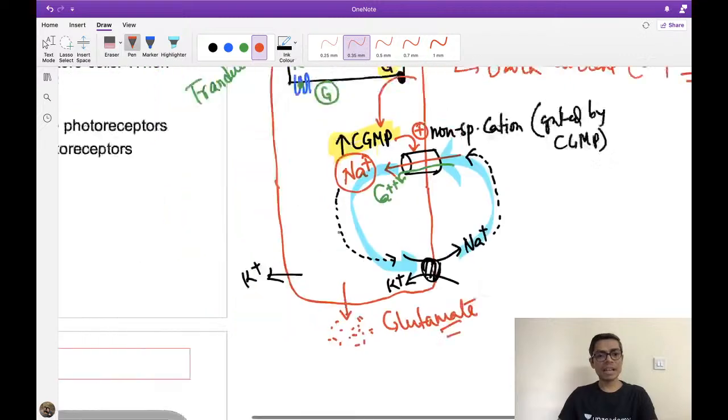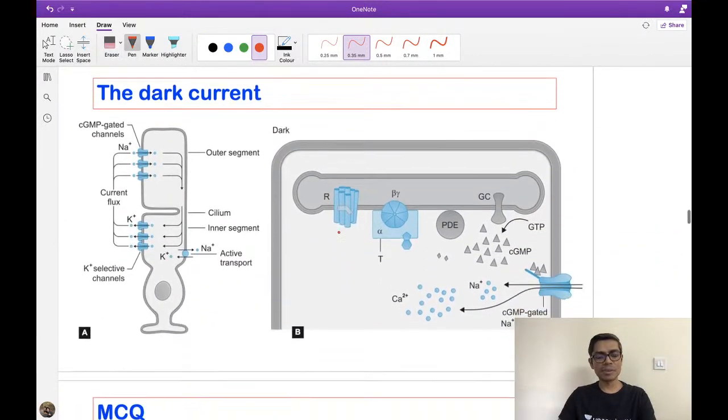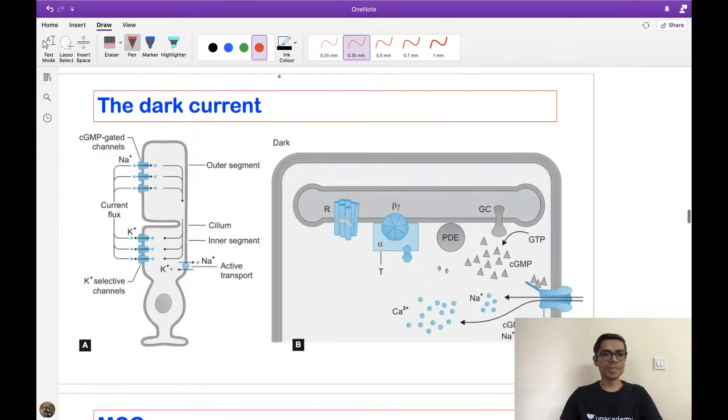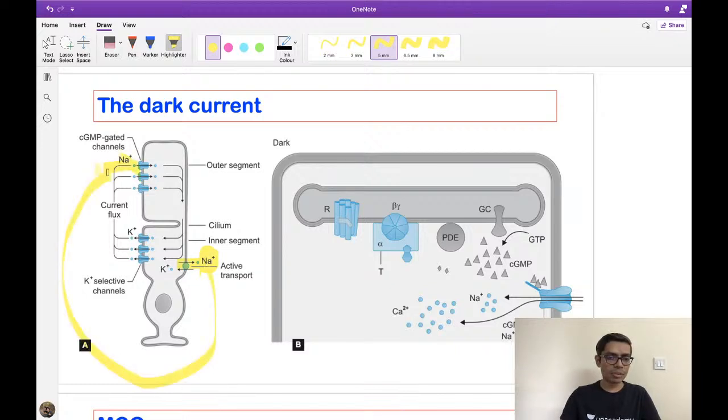So before going into the light mechanism, look at this diagram, exact diagram from the Kandel textbook of neurophysiology. You can see here that this is the inner segment of the rod cell, sodium is going out, okay, and this sodium is again entering through this outer segment. So there is a flow of some current, and this current is mainly due to sodium current, although calcium is also there. This is known as the dark current. Dark current is due to which type of channel? This is cGMP gated channel. This is occurring in the condition of dark.